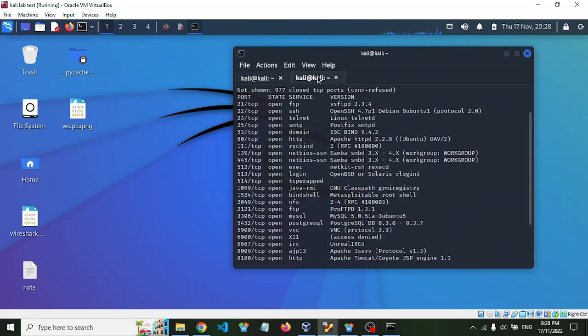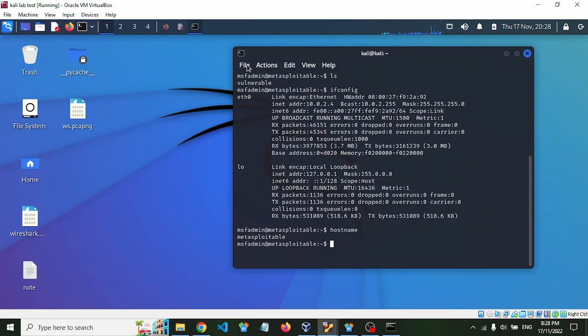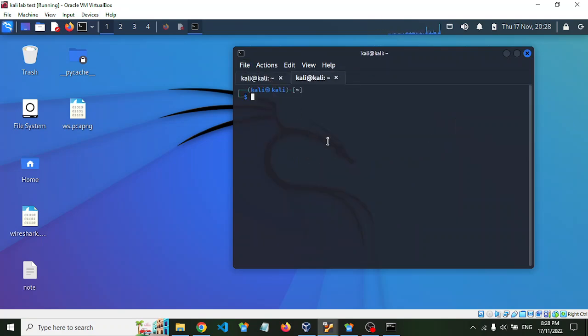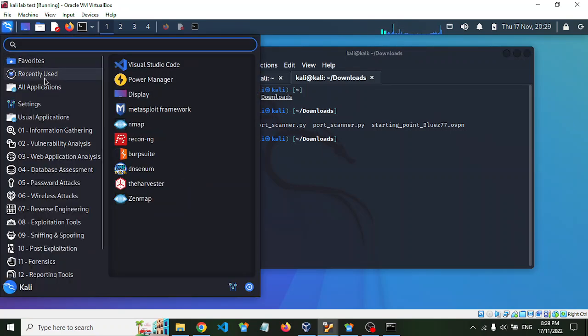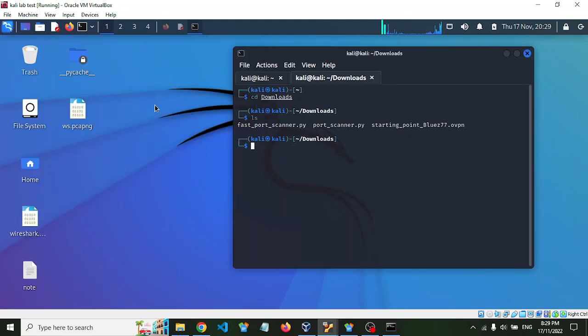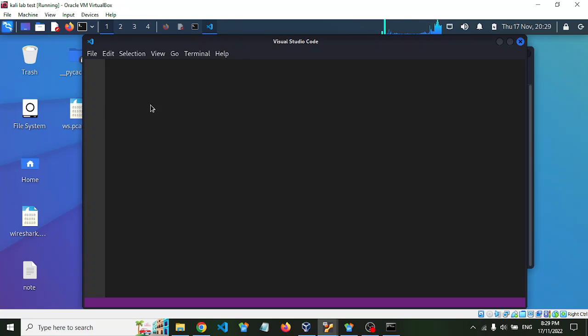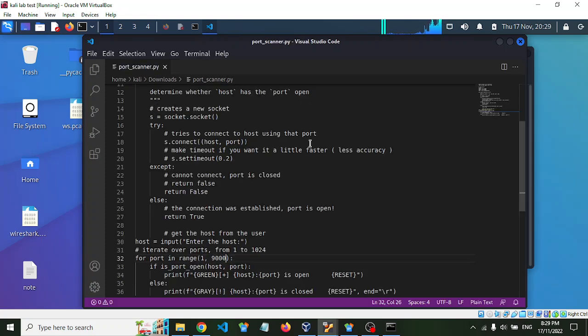Alright, so now we're going to go to the downloads folder. Alright, so now we're going to demonstrate using Kali Linux with Python nmap, and we're going to create and demonstrate a Python script that scans a vulnerable host. So if we open up our script, which I've created earlier, in VS Code,